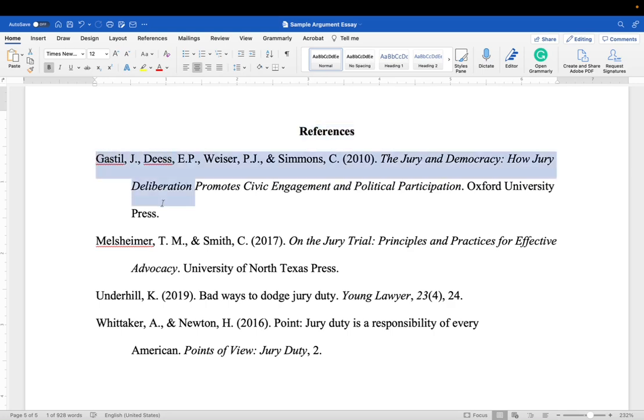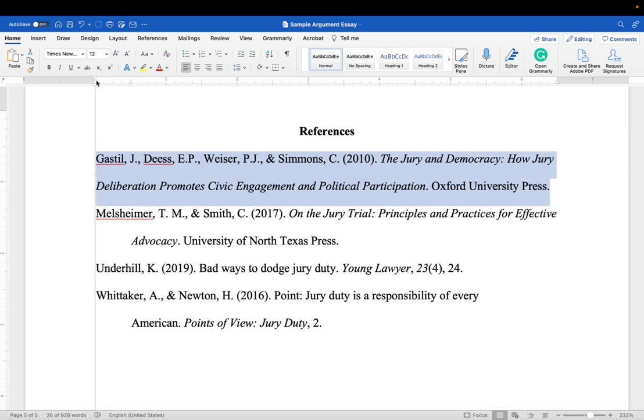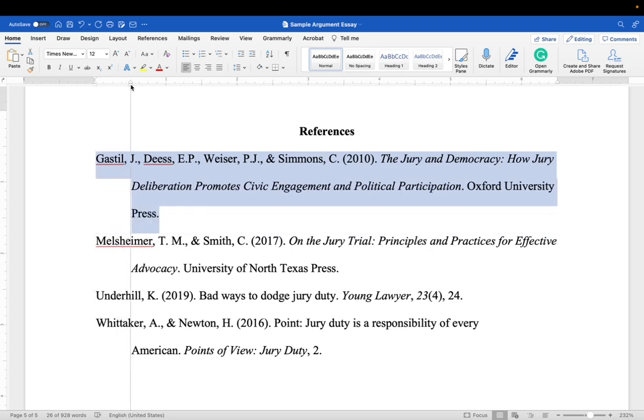Now, if I show this, if I highlight this, you will see up here in the ruler that the bottom part is indented. You want this to be done using the computer. You do not want to try to do this yourself. So if you have the ruler turned on and you forgot to put the indent in, all you have to do is grab that bottom triangle and move it over. You can also do that in the